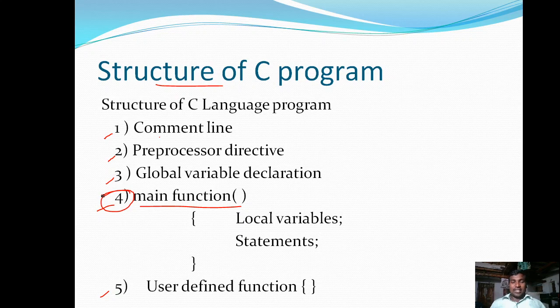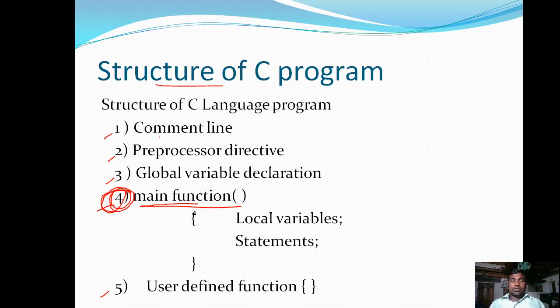Depending on the compiler you are using, some are mandatory and some are not, but in the general scenario the main function section is the only compulsory section in every C program. We are going to discuss that in the main function section.